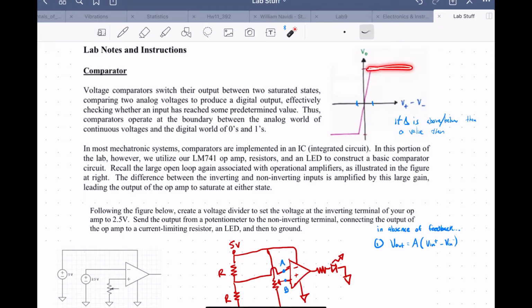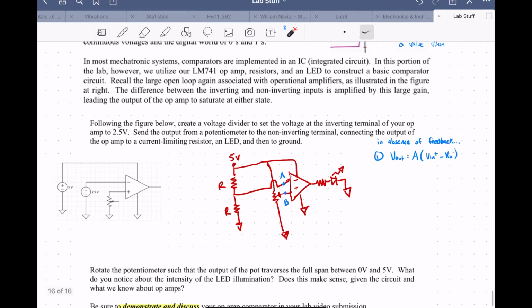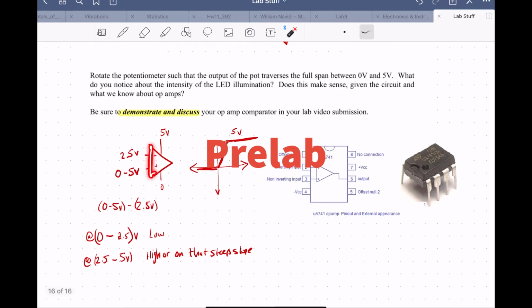Comparator's outputs switch from high to low, depending on the different values of Vn. So here's the circuit that I set up. And effectively what we're seeing is 2.5 volts on the inverting input, and then depending on the potentiometer, 0 to 5 volts on the non-inverting. And because we know that the op-amp is limited by the rail voltages it's being given,